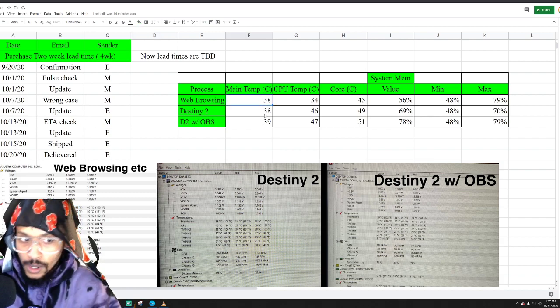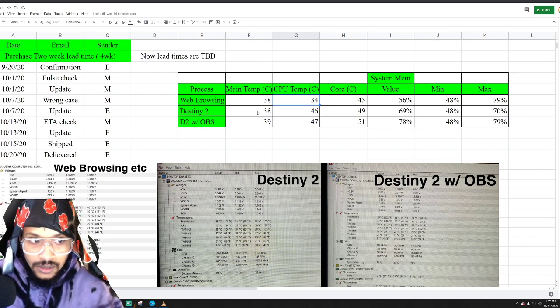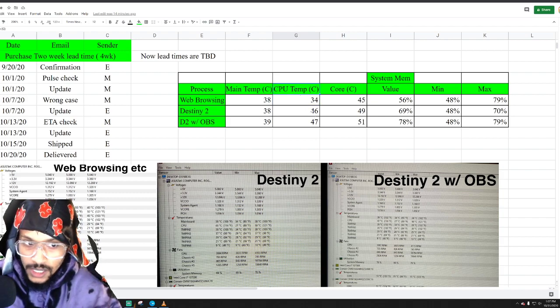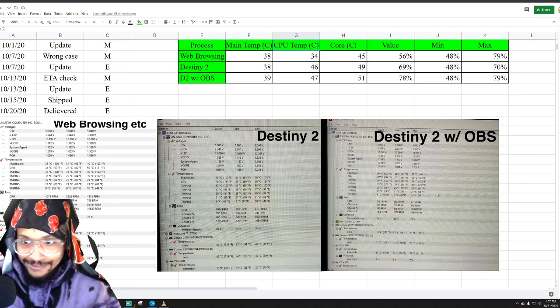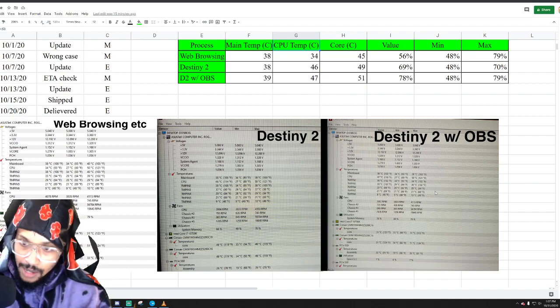And so web browsing, the temperatures aren't crazy. This is 38 degrees Celsius. So that's the motherboard, I suppose, temperature. And then the CPU, we could see that it jumped up once we started playing, but it didn't really go crazy. And then I also wanted to include the system memory, just so that you have all the information. I'm also going to include the full specs down below,